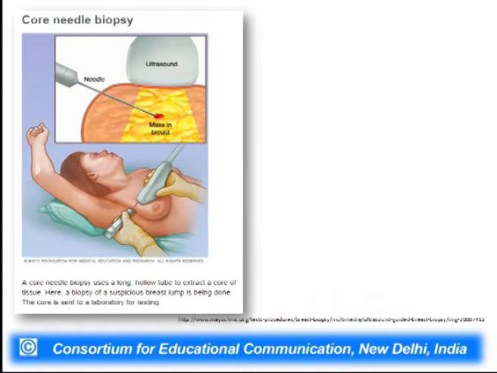Now, the next type of biopsy is called the core needle biopsy. In this core needle biopsy, a long hollow tube is inserted with the help of the needle, and at the tip of the needle there are cutting edges. So, in the core needle biopsy, a part of the cancer suspicious part or the lump is taken out. Instead of aspirating out the cells or the fluid from that particular region, in the core needle biopsy a part of the lump is taken out.